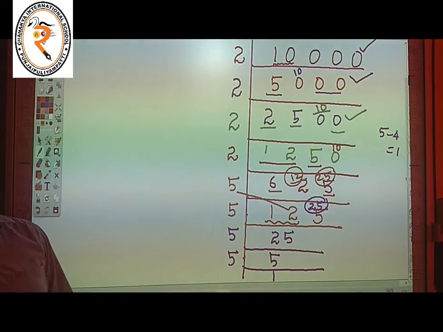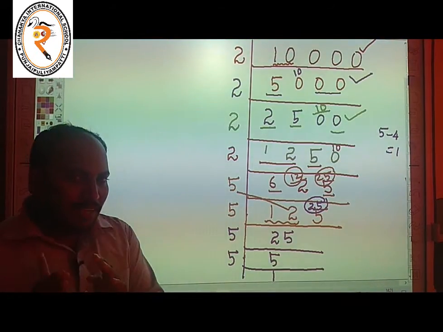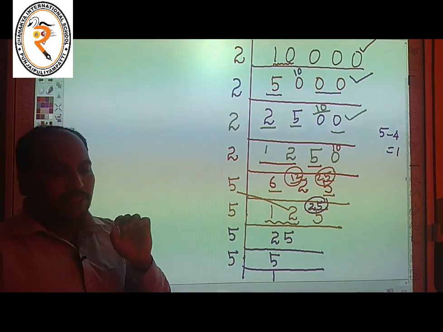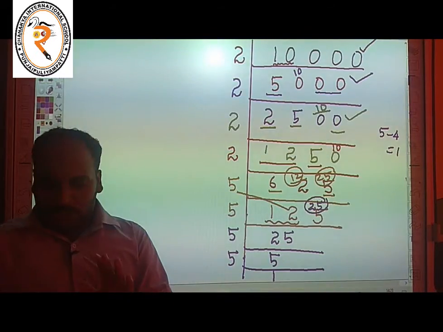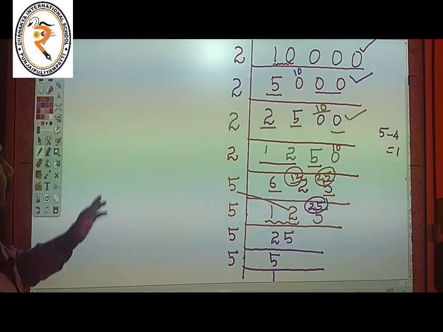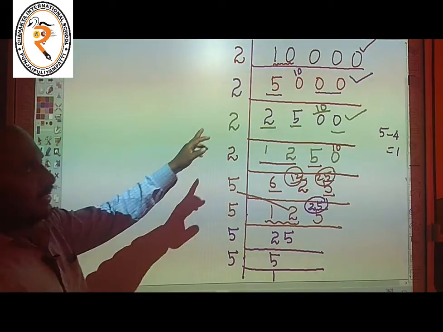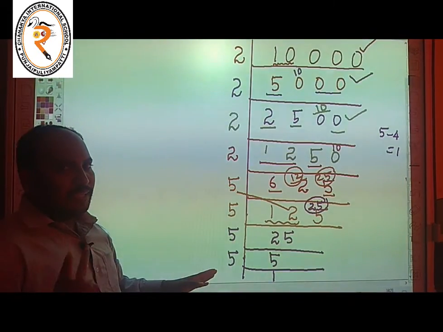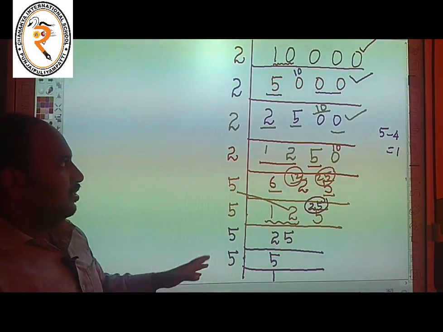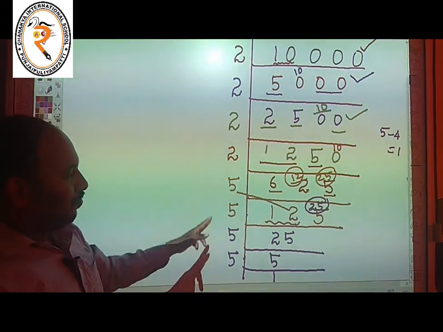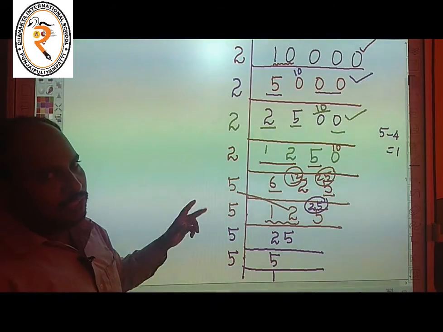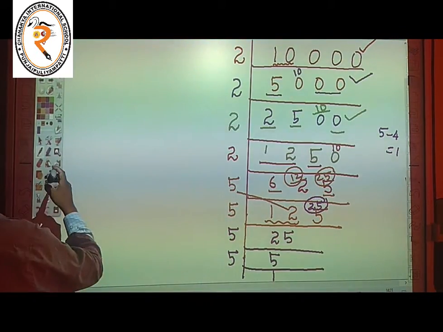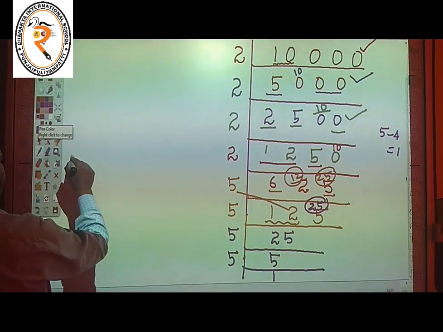Listen here, our question part is write the smallest 5 digit number. First we find the smallest 5 digit number. The smallest 5 digit number is 10,000. So we take 10,000. The number 10,000 is divided by only prime numbers. 2 is a prime number and 5 is also a prime number. We want to divide only by prime numbers. So our factor of 10,000 is the solution part.